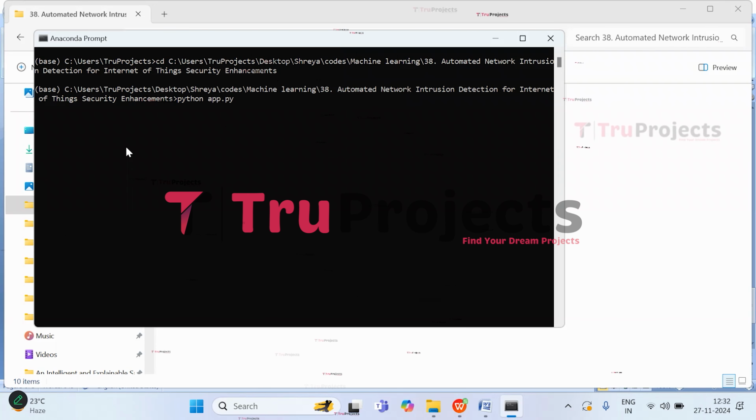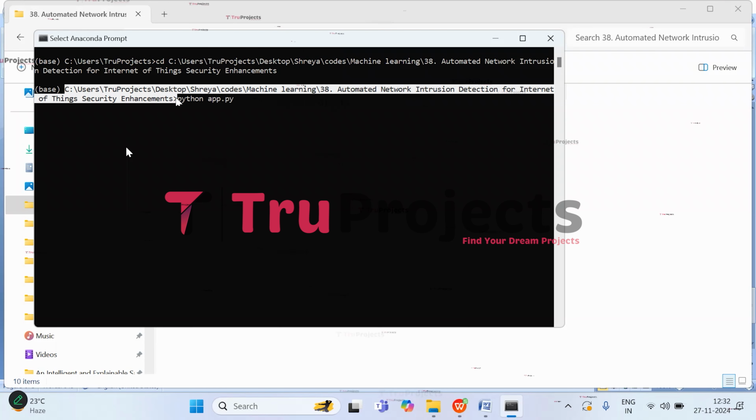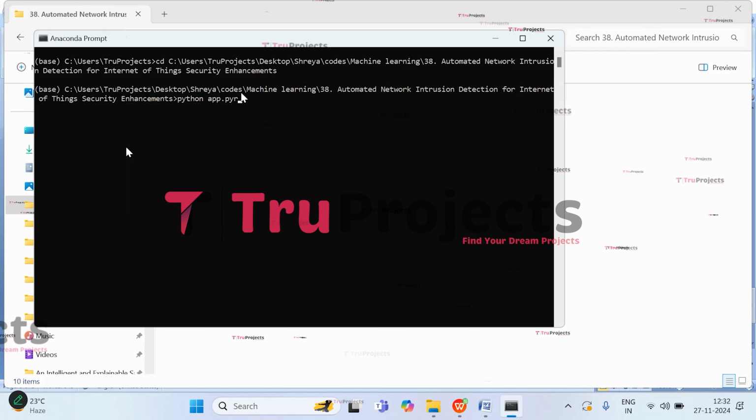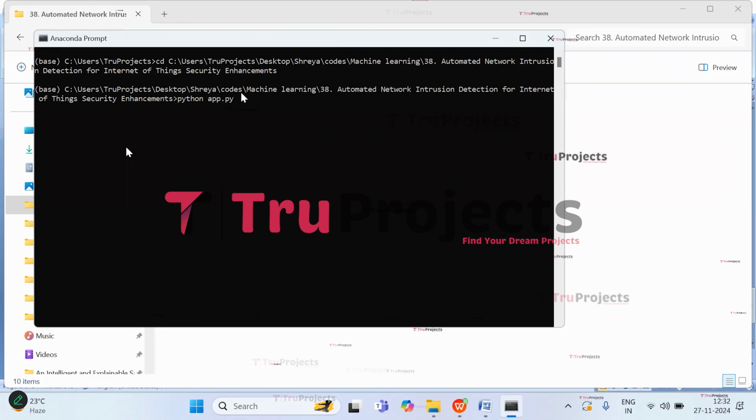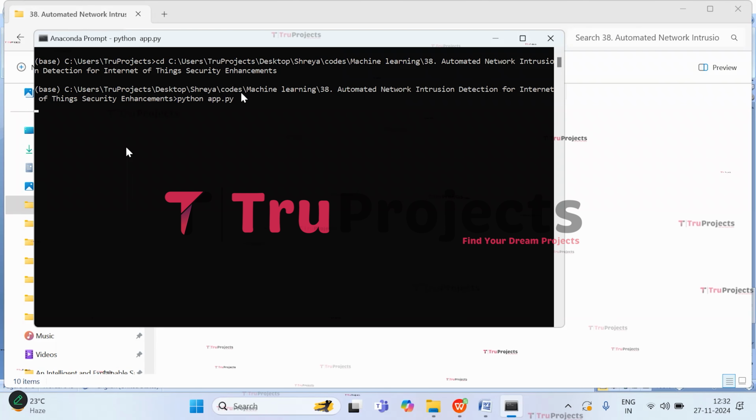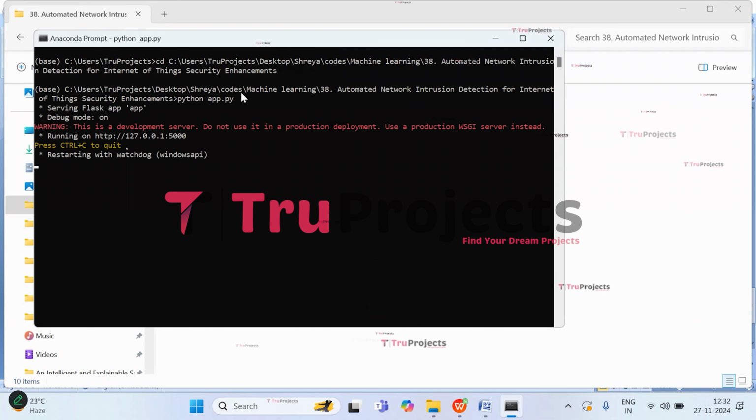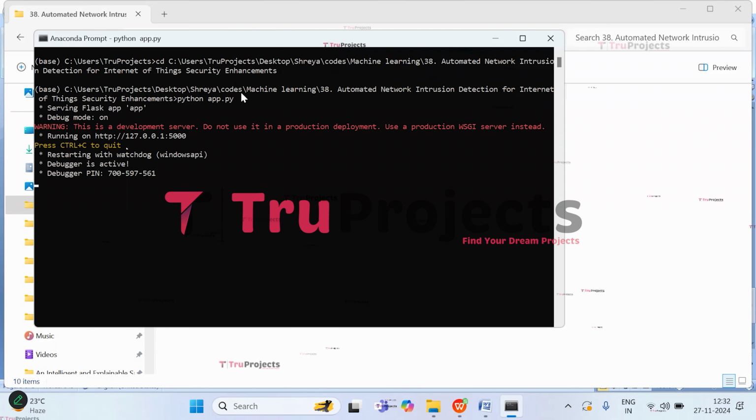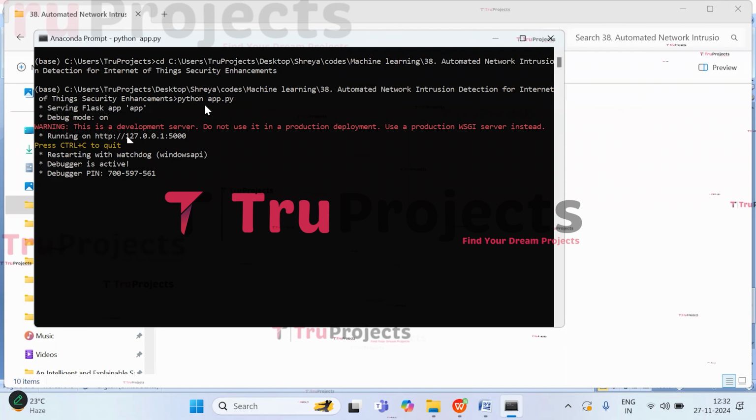So here, when you gave the command cd, the current directory has been changed to the code folder's path. Now we are compiling the app.py file by giving the command python space app.py. So now click on enter. This command will execute the Python script and perform a runtime check for any syntax errors or logical issues. And after running the app.py file, the Flask framework will host the application locally at the default address, which is the